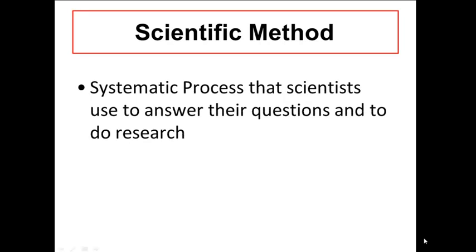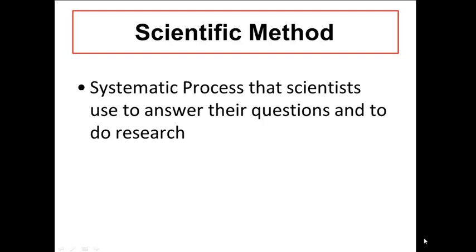If I was to define the scientific method, I'd start out by saying it's a systematic process. Systematic meaning we have one step that follows another step that follows another step. And it's a systematic process that scientists use to answer their questions and also to do research. Okay? You have to figure, all the stuff that we know about anything in science so far has either been learned by someone asking a question or learned by someone actually stumbling upon something by accident. And even when that happens, we still have to go back and ask the questions of why this happened. So it's a systematic process, that's the key,